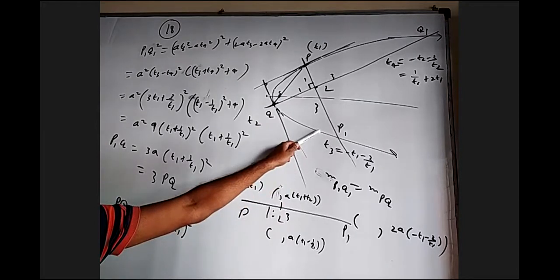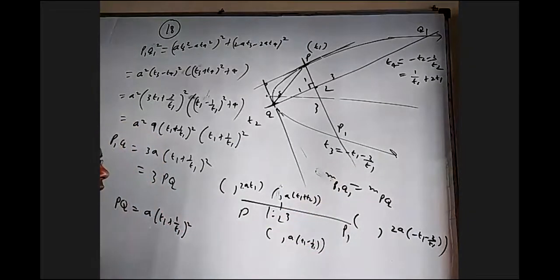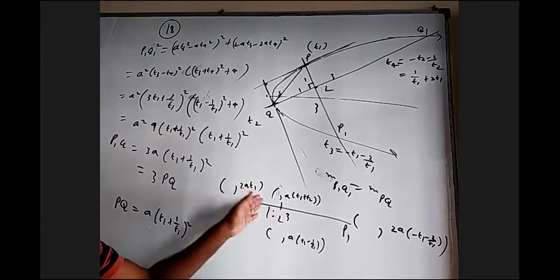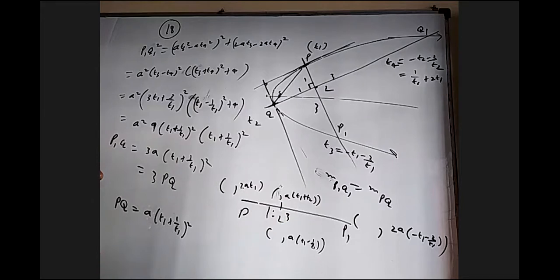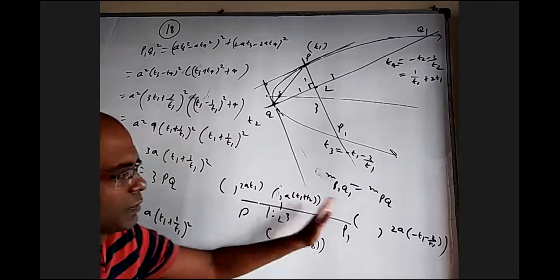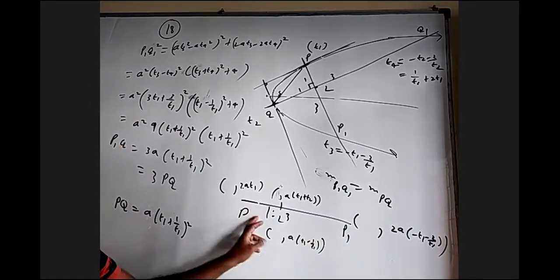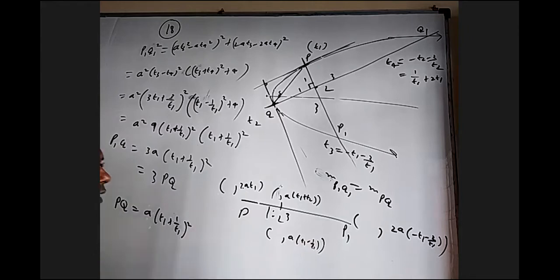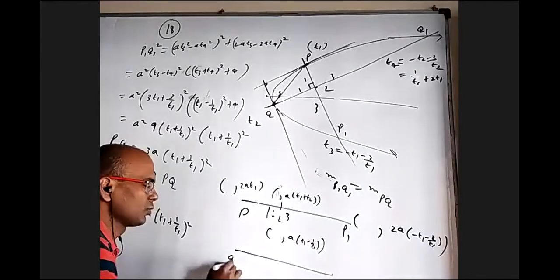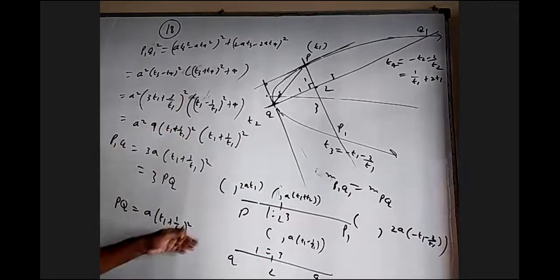And what is t3? I know the 2a t3 value. So I can look at x coordinates also, but just by looking at y coordinates, I'm able to tell that the ratio is 1:3. You can take this minus this is to this minus this. We're getting 1:3. The same way, if we can prove it for Q, L, and Q1 also 1:3, without doing it this way, you can directly prove.